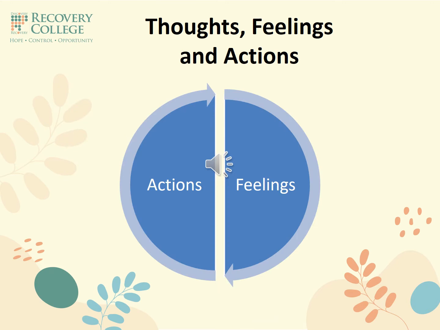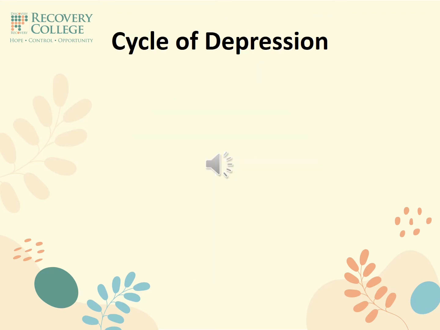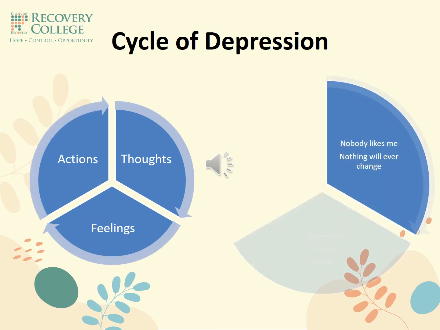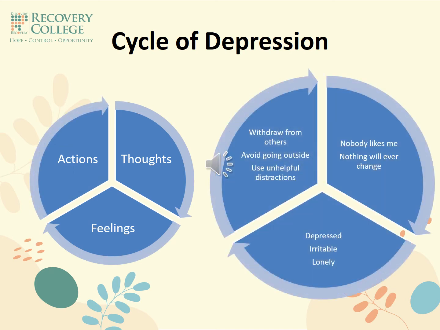One way to think about depression is to use the cognitive behavioural model. Cognitive meaning thinking and feeling, and behavioural referring to our actions. The model shows how we think, feel and do are all interconnected and influence each other in an ongoing cycle. Thinking of depression in terms of our thoughts, feelings and actions gives us the opportunity to explore how effective or helpful our thought process can be, as well as the things that we are doing to try to reduce the